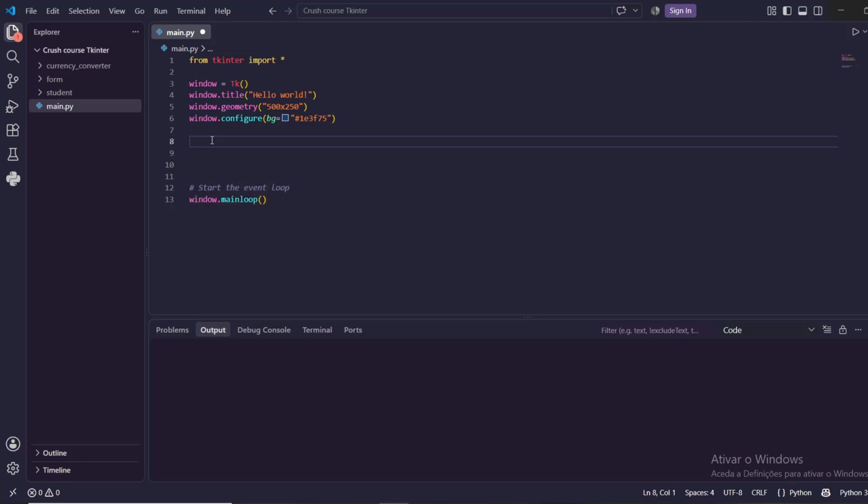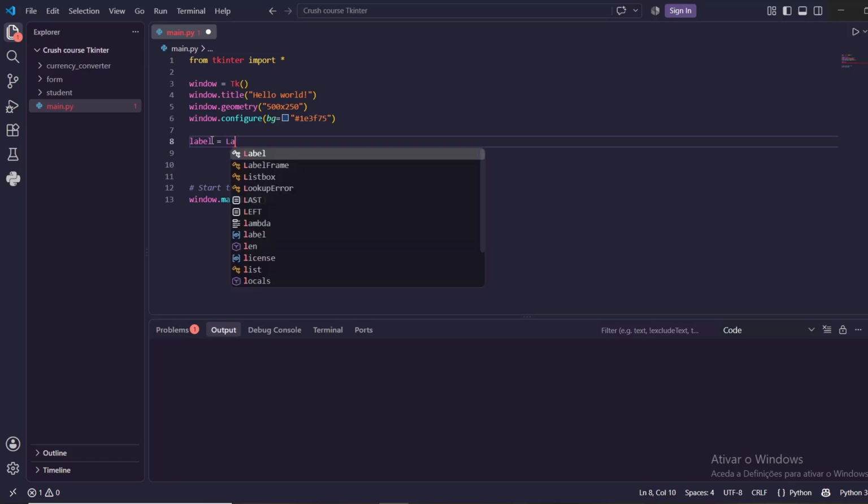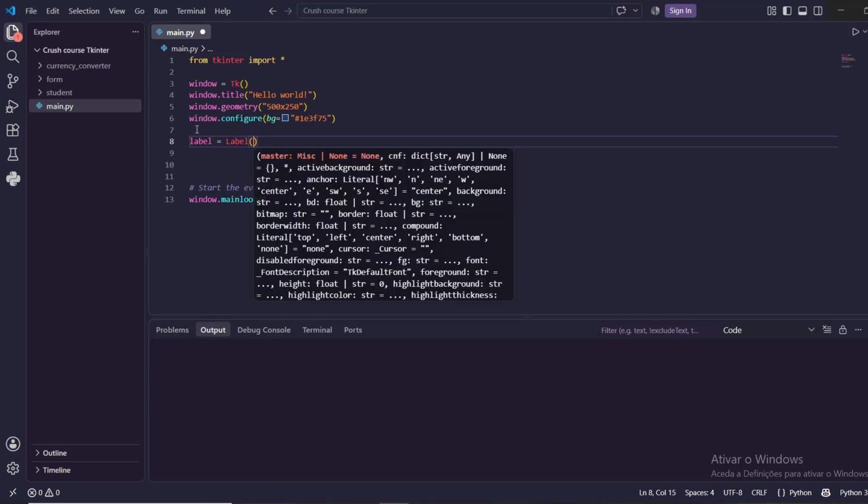In order for us to create a label in Tkinter, it's this way. First, we need to create a variable. You can give any name, whatever you want. I'm just going to call it label to make it easy. Then, in order for us to get a label, we need to call the instance, Label, this way. Then it will open, and inside we are going to give some properties